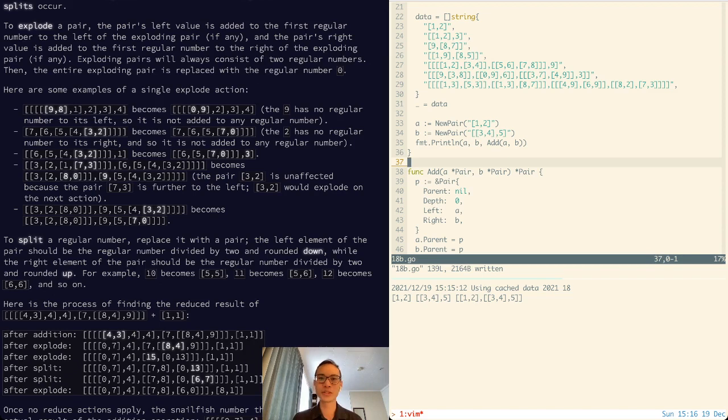So what I did in the end was I did some kind of iterator-like thing. What I noticed was that,